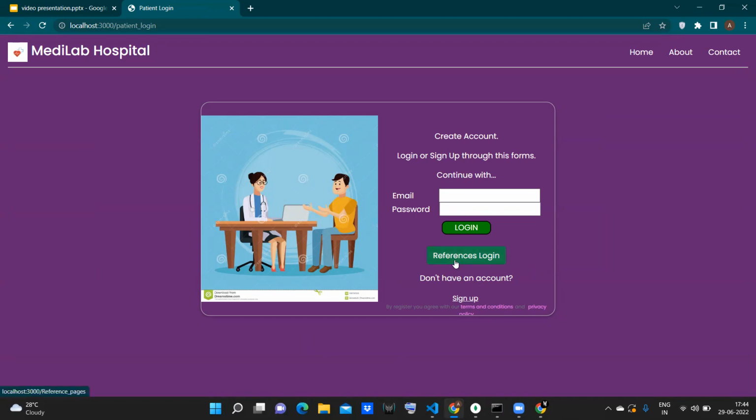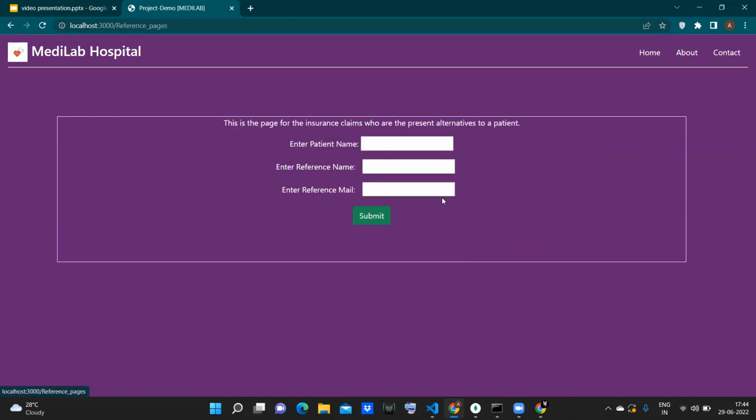So this is the reference login. Let's say I forgot the password for anandabali@gmail.com. What the reference login can do is enter the patient's name, which is the name I had given during registration time, and the reference name, which is his parent's, and I'll be entering the parent's reference mail as such. Once these are authenticated at the backend using MongoDB again,